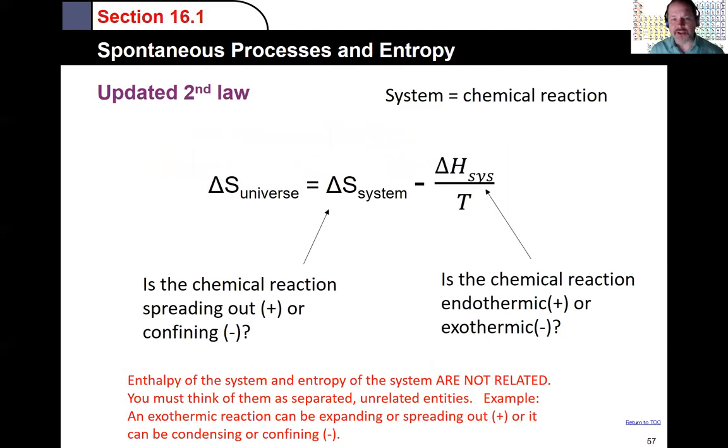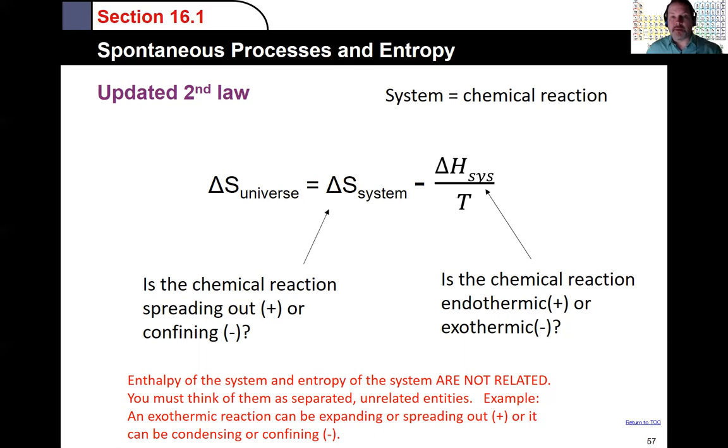All right, so now we have this new equation here. We have the delta S of the universe, entropy of the universe. We can calculate this now by going to a table and calculating delta S. A couple of key thoughts though. The entropy of a system is either a positive or negative number. Same with the enthalpy. It also can be a positive or negative number. So this really gives us four options that the entropy of the universe can be, depending on what type of chemical reaction is taking place.